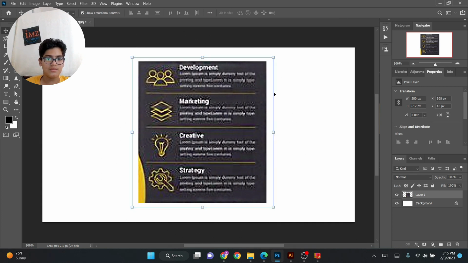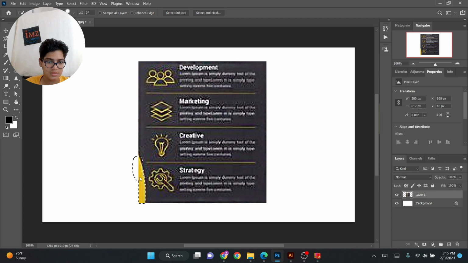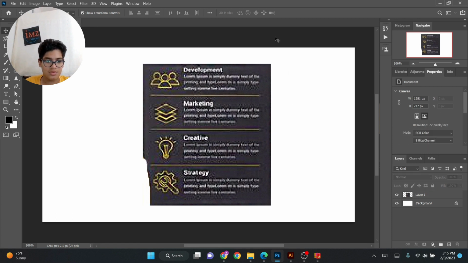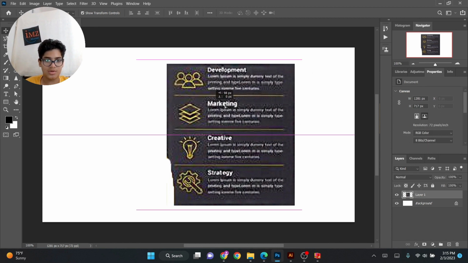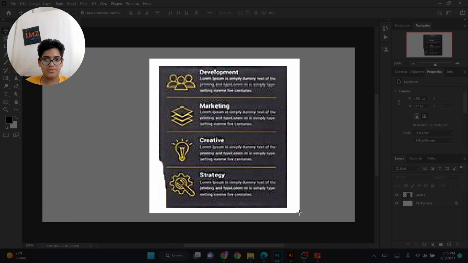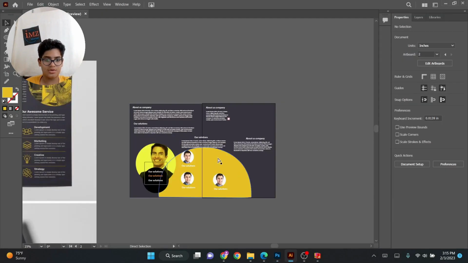That should look good. And now you can remove some stuff from here, from the corner. So just like this, and delete it. And now you have this. So now you can go back to Illustrator by copying this. So now you can just go back to Illustrator and take a screenshot of this again after doing the stuff. And now you can go back, Control V it again,